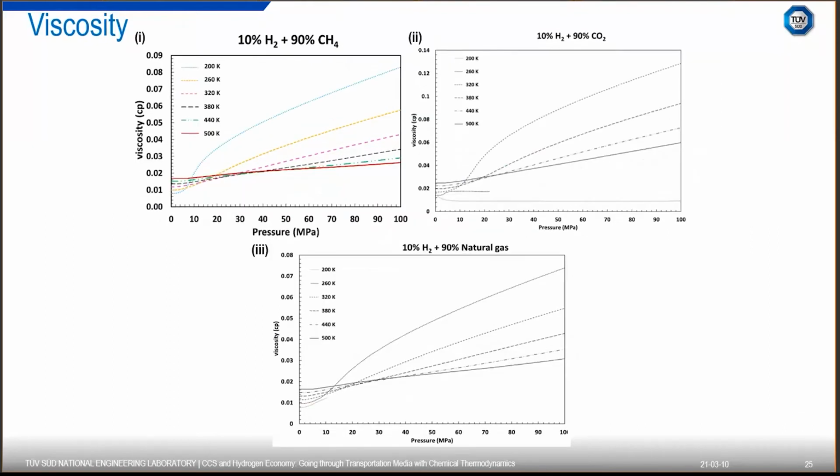Now we are going to present the modeling results for viscosity. Here you can see the modeled viscosity values for various hydrogen blends with methane, carbon dioxide, and natural gas for hydrogen mole fraction of 10% over a wide range of pressures and temperatures using integrated GERG equation of state and SuperTRAPP model. The viscosities of the mixture increase with increasing pressure and temperature, as you can see here, and